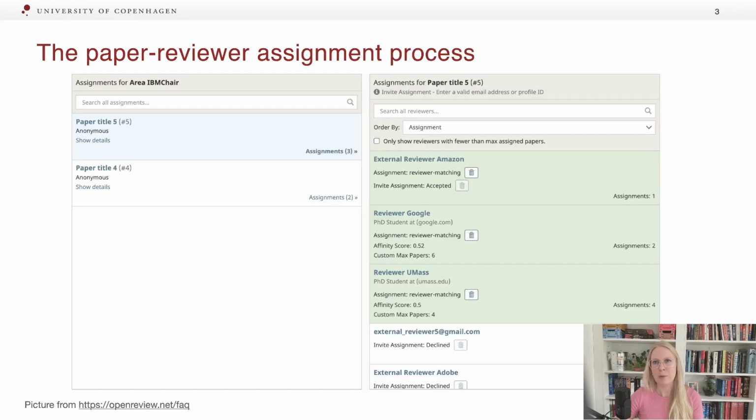So this is an example of how paper reviewer assignments might look from the area chairs' and editors' perspective. Area chairs and editors can edit these assignments manually, guided by their own personal knowledge of the reviewers, or what they can gather from looking through some reviewers' publication histories. In some cases, reviewers have the possibility of bidding on papers, and in other cases, editors are given these affinity scores, which reflect the similarity between the embedding of a submitted paper's abstract and the abstracts of a given reviewer's